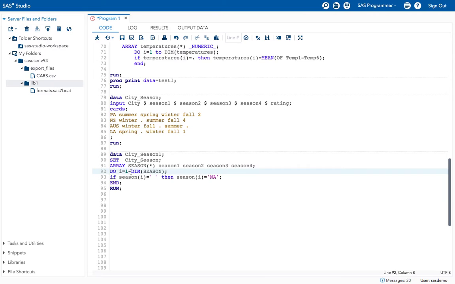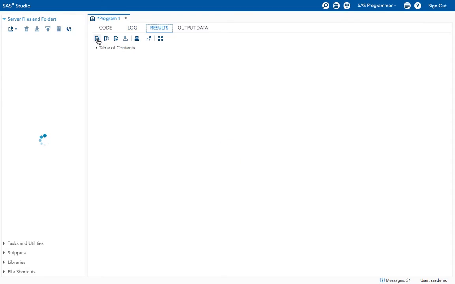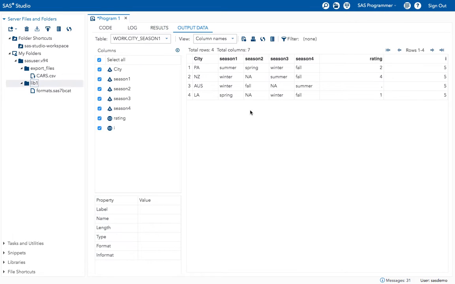Sorry, here it's not hyphen, it's 1 to dim. Now execute the program. See, now everything got replaced. All the missing values got replaced with NA. But in the rating, it didn't replace with NA.